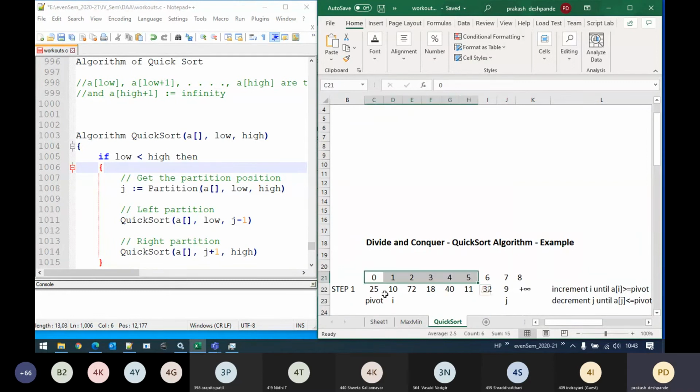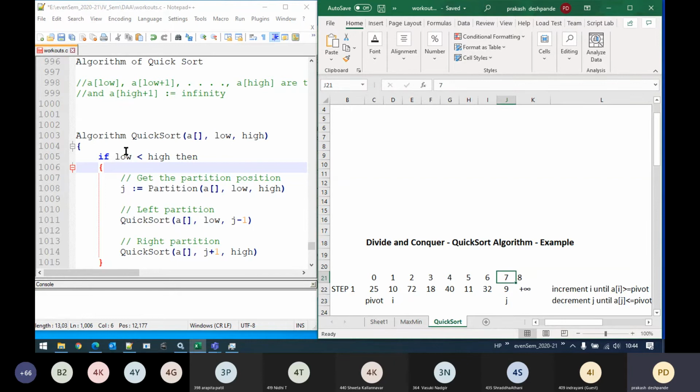Now, assume that these are the elements. One more thing, students, just pay attention to the cursor movements, at what particular index elements I am showing the cursors. These are the array elements. There are 8 elements. So the low value is considered as 0. High value is considered as 7. And we also know that at a of high plus 1, we need to set plus infinity. So that is shown over here. At 8th position, we have plus infinity.